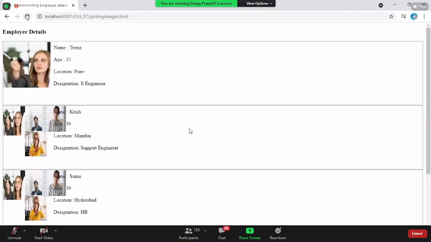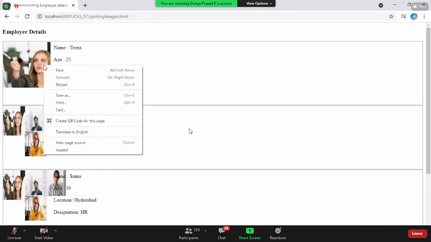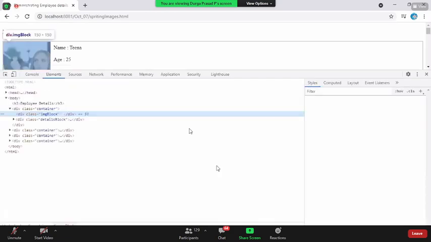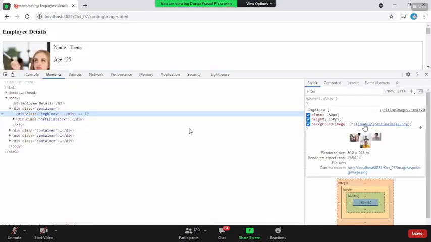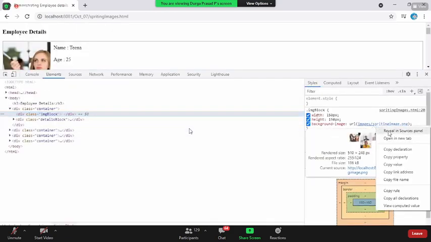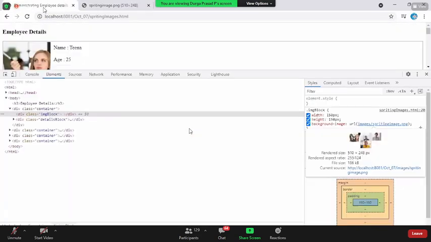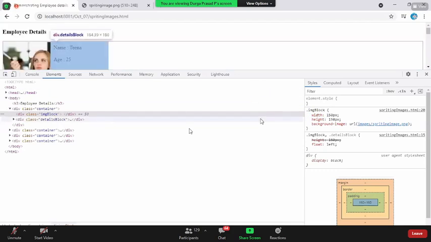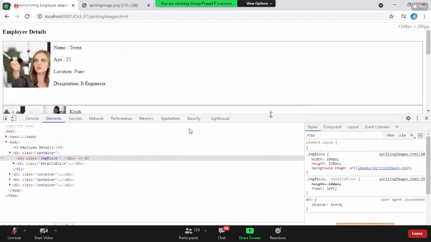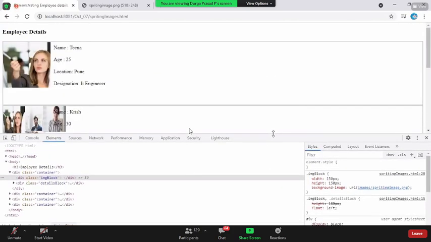Yes. Why so? Background image, we already know that. If you inspect this, see what the background image is, open it in a new tab, the image is this big. But we know that whenever you add a background image to a smaller container, it doesn't come out of the container. It only shows that much of what you can see. Luckily, the Tina image is on the left top corner, so you should be able to see it.